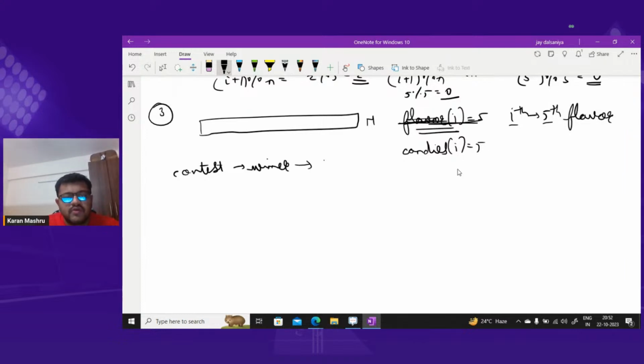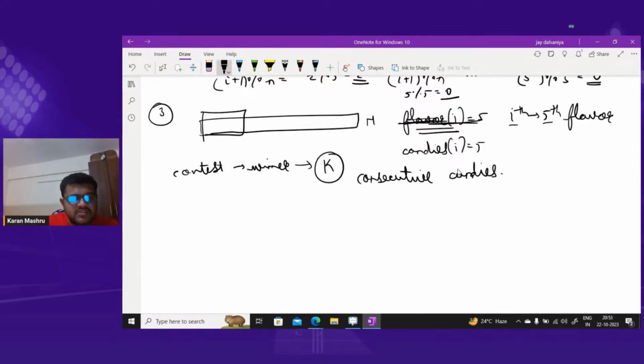Geek wants to give the winner K candies from the N candies. But Geek only wants to give K consecutive candies to the winner. So it might be the first K consecutive candies, or it might be this K consecutive candies, or this K consecutive candies, but he wants to give K consecutive candies in a fashion such that